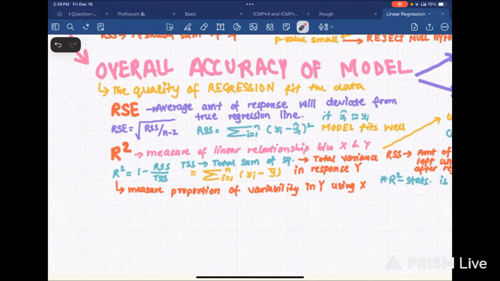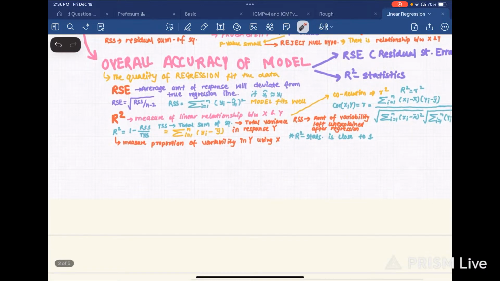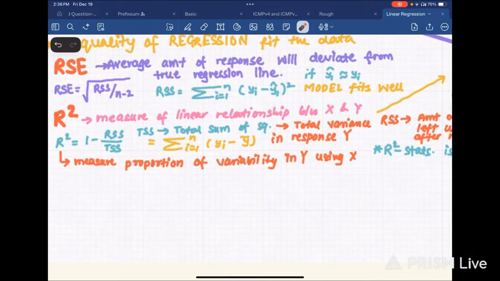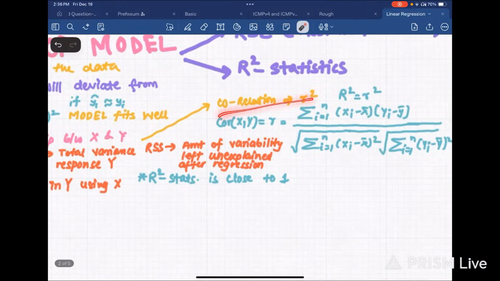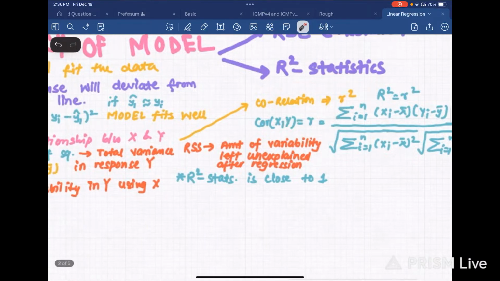So r square is the measure of the linear relationship between x and y. This relationship is called the correlation, r square. So what this r square actually means here is